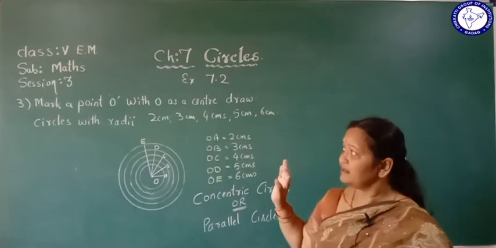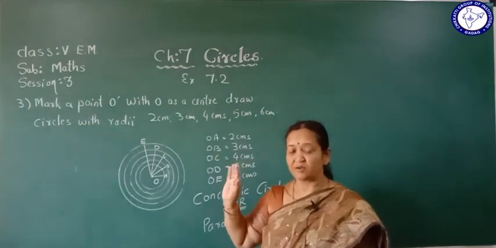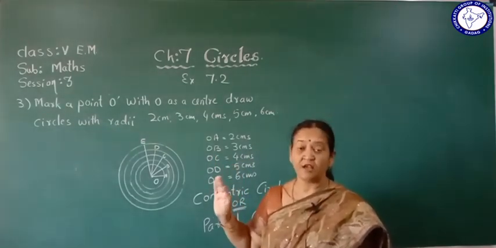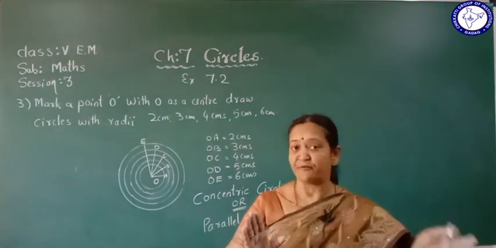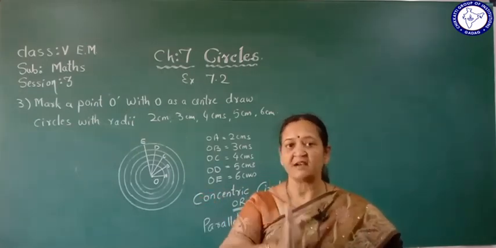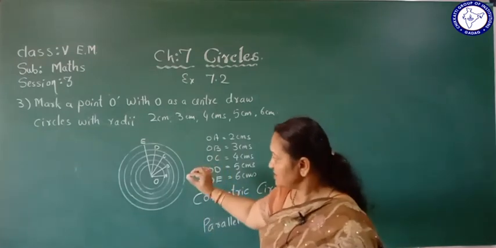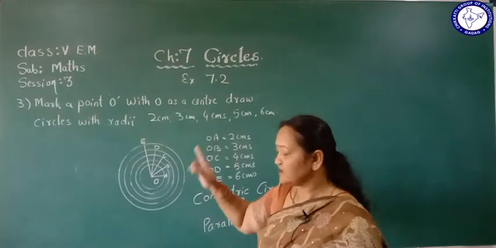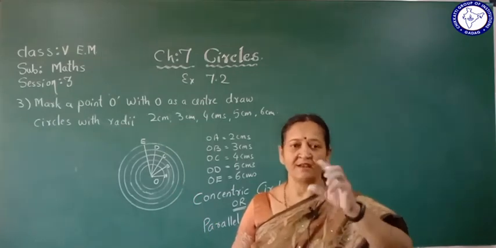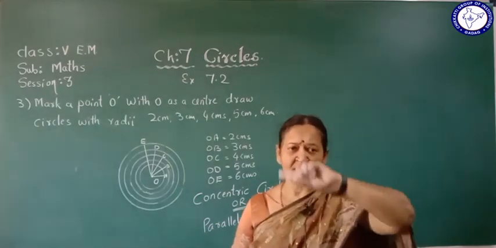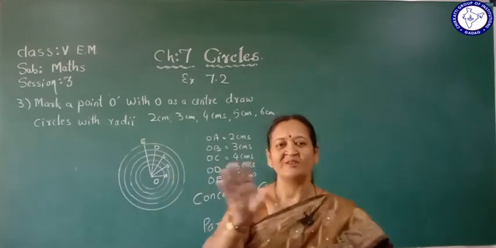So here in this session we learnt construction of circles. Here you should keep your compass properly on the scale. You should take a proper measurement. Your measurement should start from 0, not before 0 or after 0. It should start from 0 and should take a proper measurement, should keep the compass on the center of the circle marked on the paper and should draw a circle in one sweep. You should not repeat the line again and again. In one sweep you should draw the circle, and one more thing, you should not rotate your book to draw the circles.